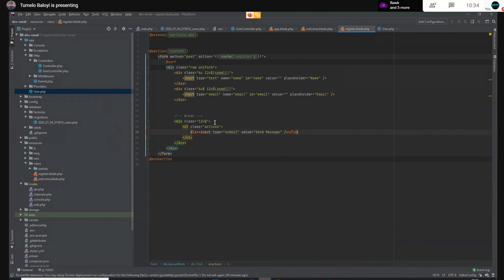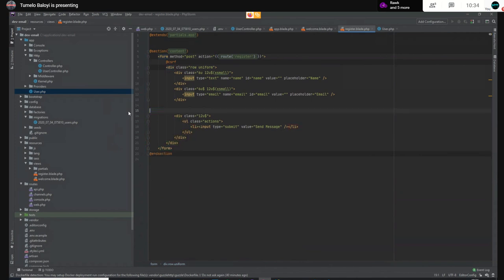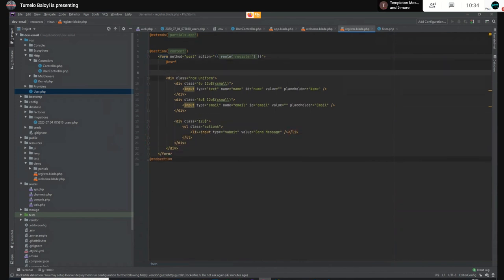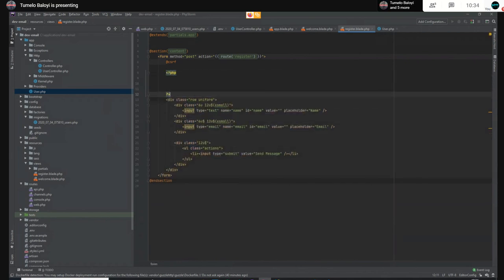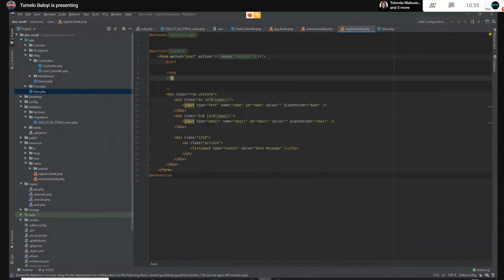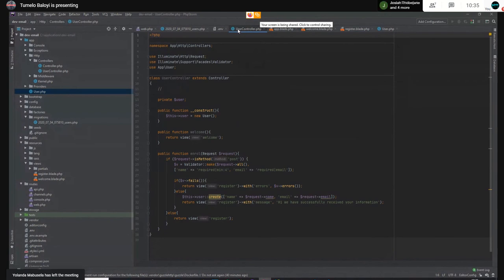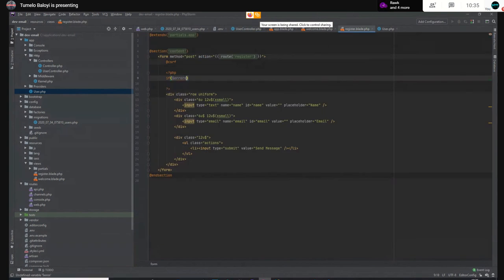So this is fine. But I'm a lazy coder, so I'm just gonna do this. Let me go back. What did I name that? Errors, right? Yes. If errors, then